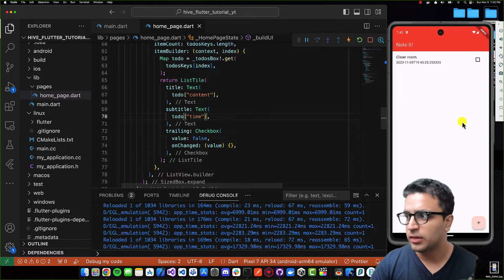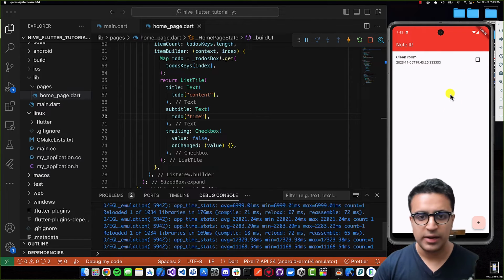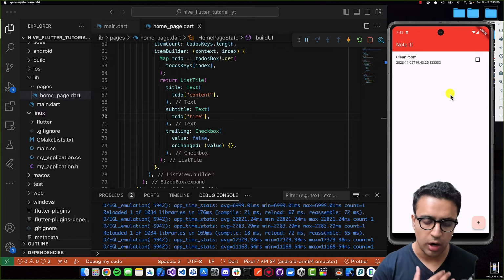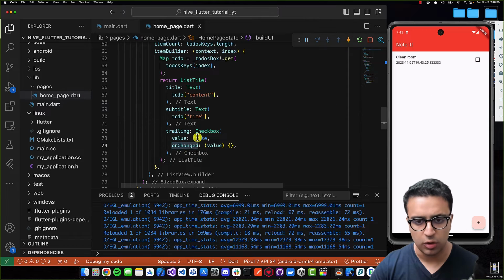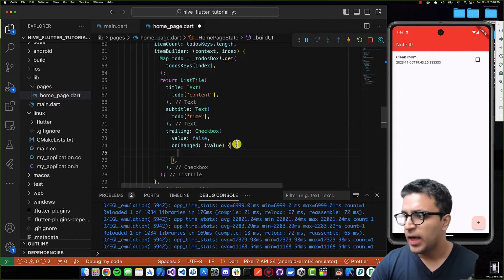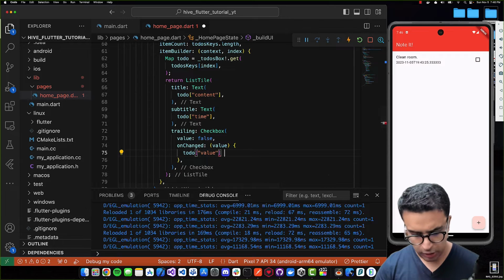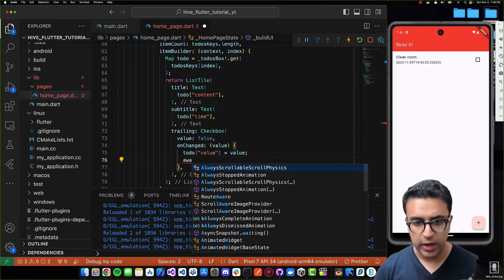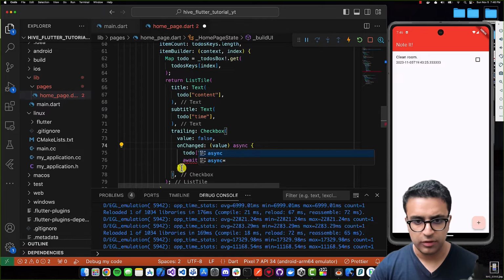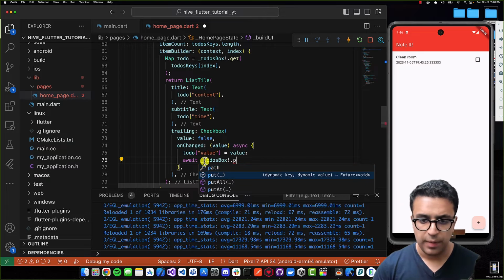Now that this is done, the final thing that I'm going to be doing is actually showing you guys how, when we click on this checkbox, we can actually update the value for the specific to-do within our actual Hive database. So to do this, we're going to come to our onChanged function callback for our checkbox. And here we're going to take our to-do and set the value property for that to be equal to the value that gets passed in. And then I'm going to say await, and I'm going to mark this function as asynchronous. I'm going to do await to-dos box dot put,